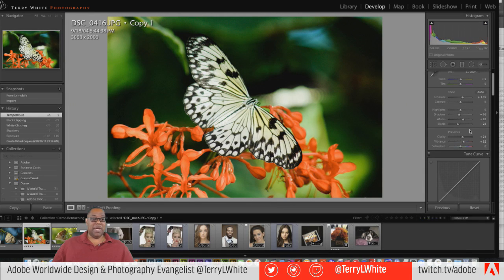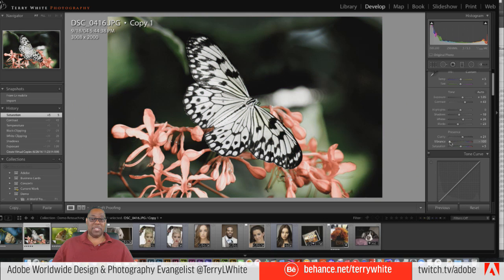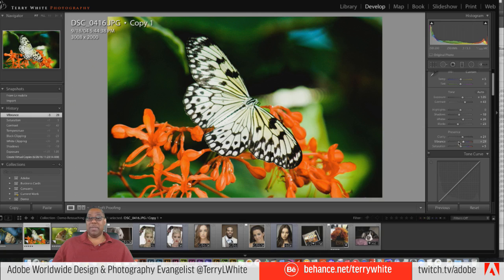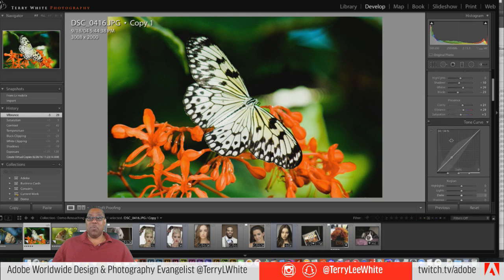Any of these I can play around with and not have to worry about damaging the photo. So if I want to adjust the contrast, I can. If I want to adjust the saturation of those colors, make it overly saturated, I can. Or take the saturation away, I can. Vibrance, take the vibrance down, take the vibrance back up. And that's great. So you might be saying, well, those are all good overall adjustments. But what if I want to